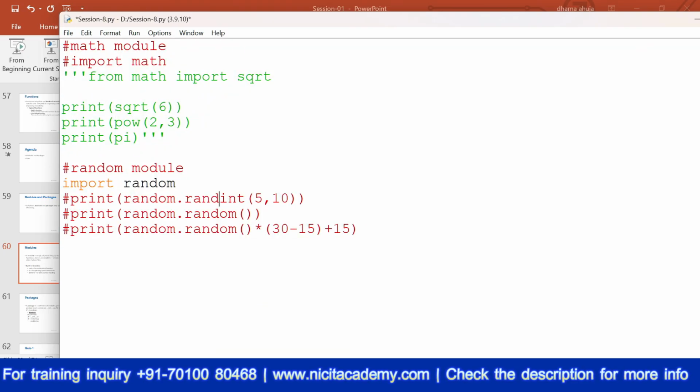The next module which we are going to see is the OS module. So we have to import the os module. Now the OS module basically consists of functions related to files and directories. You can access the directories, you can change the directory, you can get the current working directory. All those things can be done with the OS module. So let's see the first function of the OS module, which is to get the current working directory. Current working directory means the directory of the place where I am currently working in this Python file. To get that, the function is getcwd.